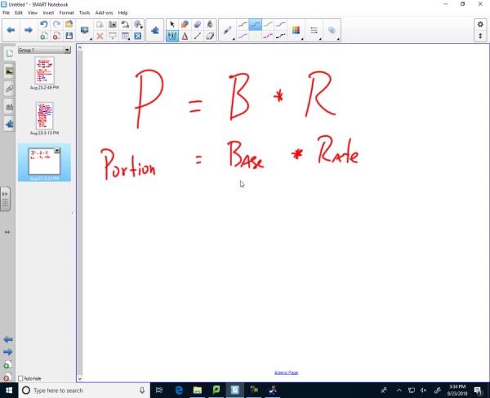Okay? And this is what it means. The portion equals the base times the rate. Now you can rearrange this as you need to. And I'll give you an example of this. If I had $100,000, that's a laugh, and I told you that I'd give you 10% of it, what would you do? You jump up, after you got through jumping up and down, of course, or asking me, what do I have to do for the 10%? The base in that case would be,